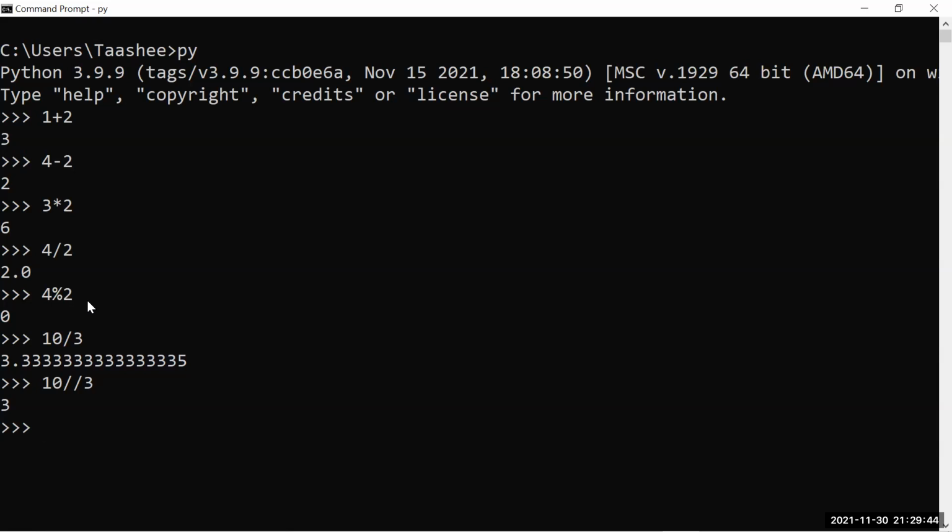Okay, how can we use modulus in our problems? I'll give you a sample problem. Just think about it. Suppose I have given you 10 numbers, and I want you to differentiate which is even and which is odd.